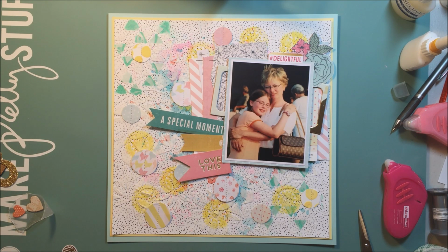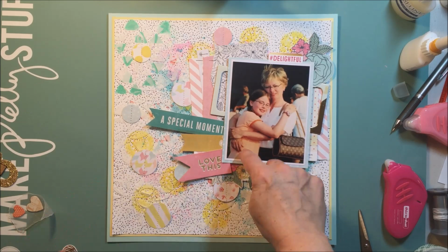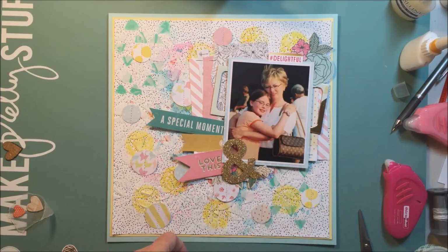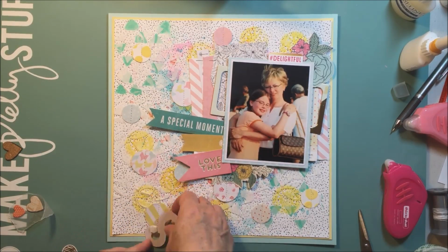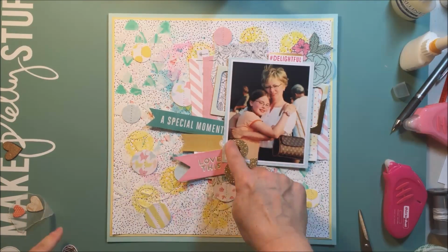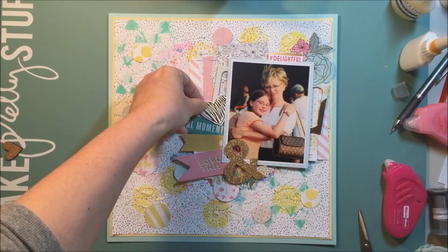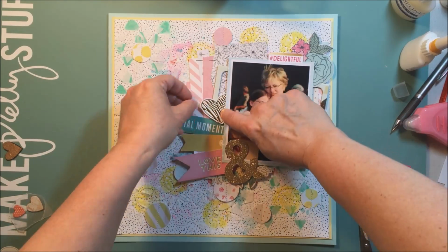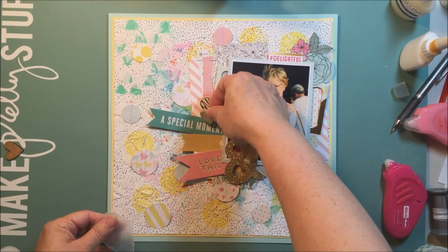So really the rest of this layout is just sticking down some embellishments around that mat that I put down there that you could see when this second part of the video started up. And I'm just gonna lay down that ampersand, and I end up putting a title on here that I absolutely hated. And I got it down there, and afterwards, after I quit videotaping, because my battery on my phone was going